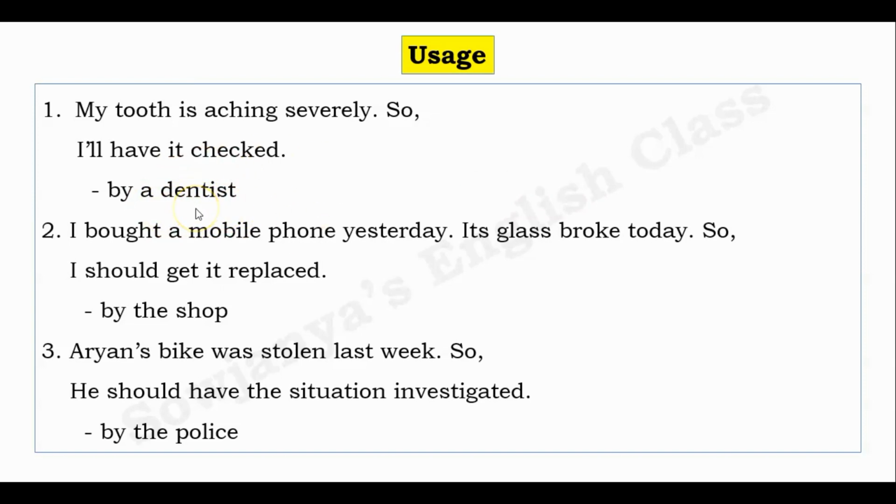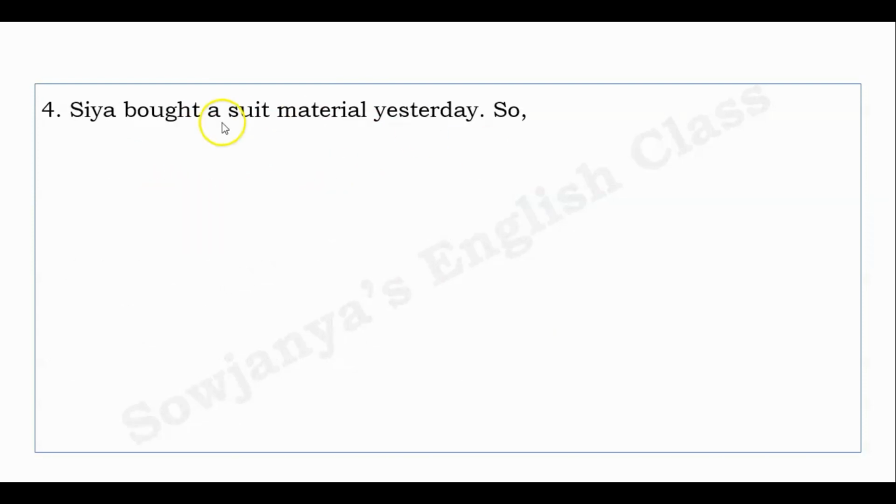Unless you mention the name of some firm, some clinic or something, it remains the one and only answer. Who will check a toothache? A dentist, obviously. Do you understand this point? The sentences that use passive causatives focus mainly on the work done, not on the agent. Who does it? Doesn't matter at all.